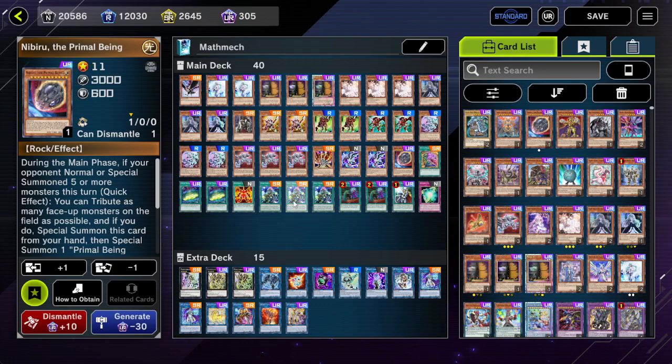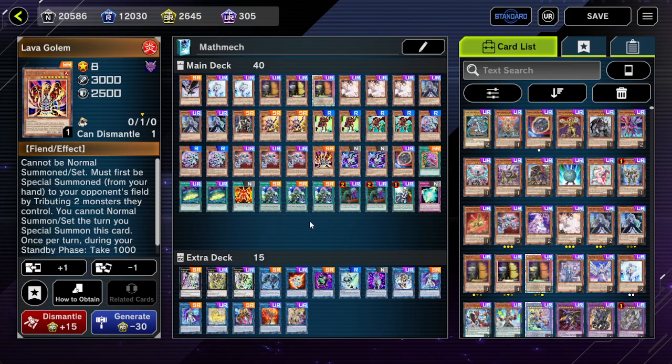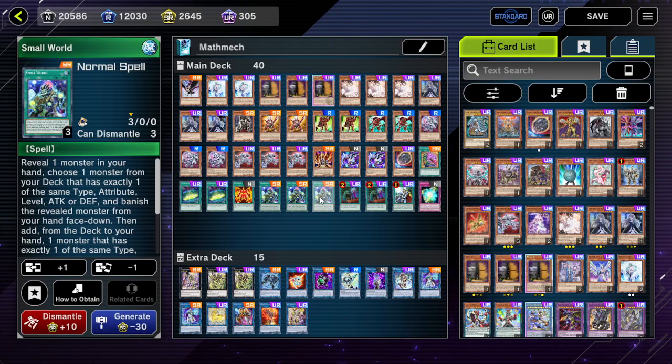They also serve as bridges for Small World, which I'm going to talk about very soon, and also a Lava Golem. So this Lava Golem is technically searchable off Small World. Well, everything is searchable with Small World. A couple of really standard lines: Small World, reveal a